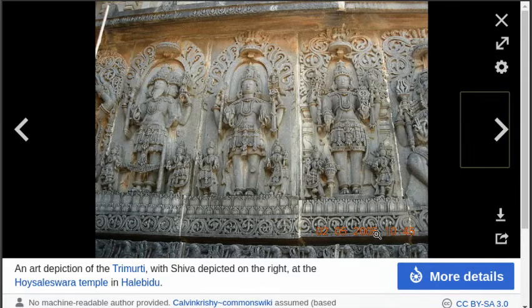This is again a South Indian temple, and you will find a highly stylistic depiction of Shiv here, very ornamental, and you won't be able to tell who is Shiv and who is Vishnu here. But Brahma you can tell by his four heads or three heads. You can see Brahma here, but these two figures are almost similar. So you can distinguish the Shiv because he is holding a trident. Otherwise, an ordinary person won't be able to say that this is Shiv. So you can see how things have changed during history,